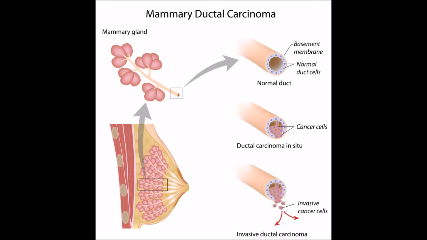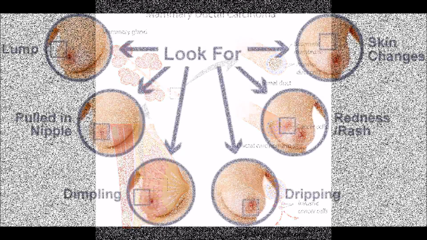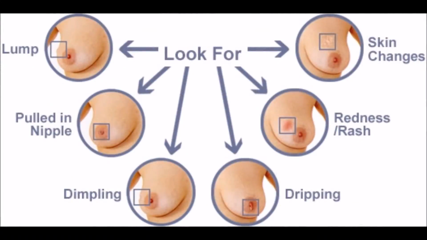Invasive breast cancer is breast cancer that has spread from where it began in the ducts or lobules to surrounding tissue. The most common symptom of breast cancer is a new lump or mass. A painless hard mass that has irregular edges is more likely to be cancerous, but breast cancers can be tender, soft, or rounded. Other possible symptoms of breast cancer include skin irritation or dimpling, breast or nipple pain, nipple retraction,